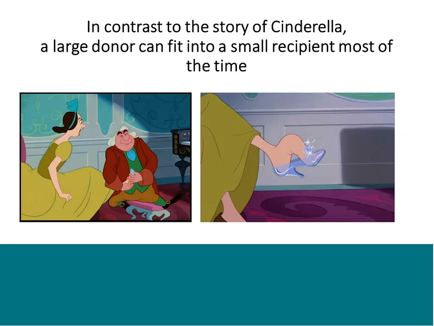The truth is I have to be cognizant when I'm making that decision as to whether I'm leaving enough liver for the donor to proceed, and I am transplanting enough liver for the recipient so they can actually improve and get better. So it is easier to fit a large into a small. Sometimes the small to a large is not possible. And the reason for that is because